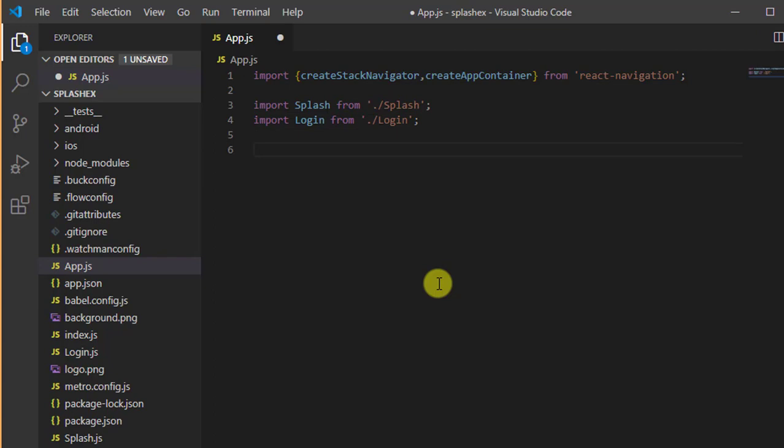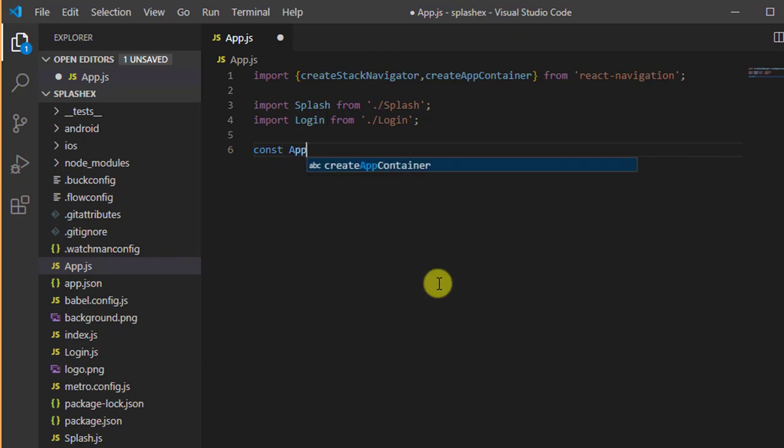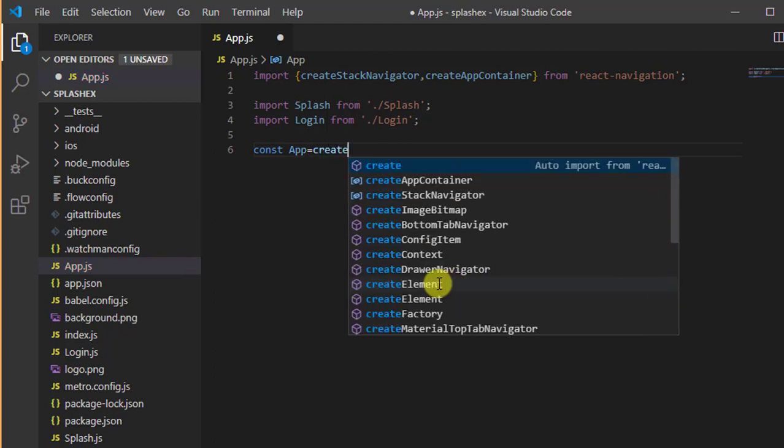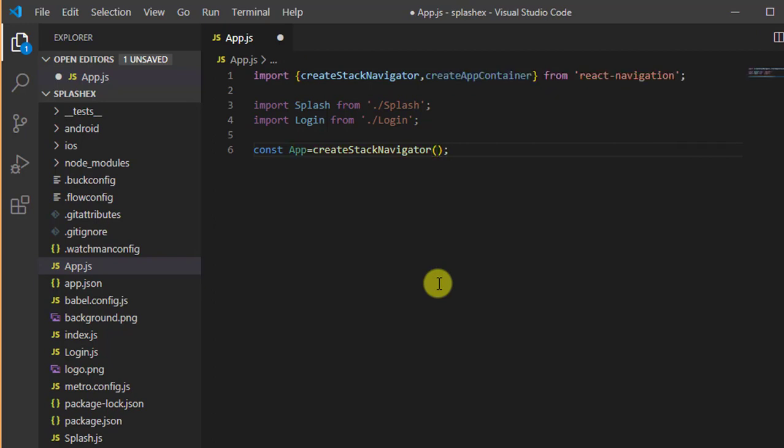After this we have to create a constant by using const statement: const app equal to create stack navigator semicolon. Inside the curly bracket we have to initialize all the screen here.